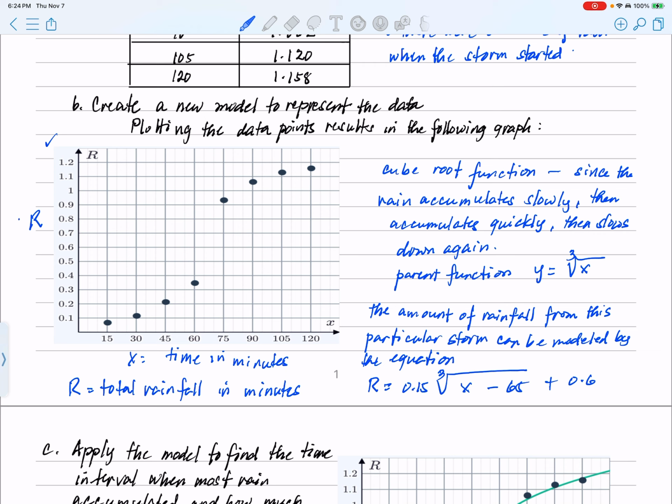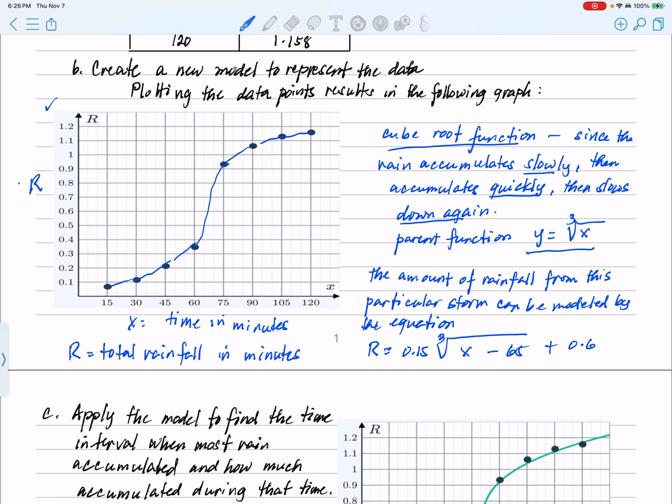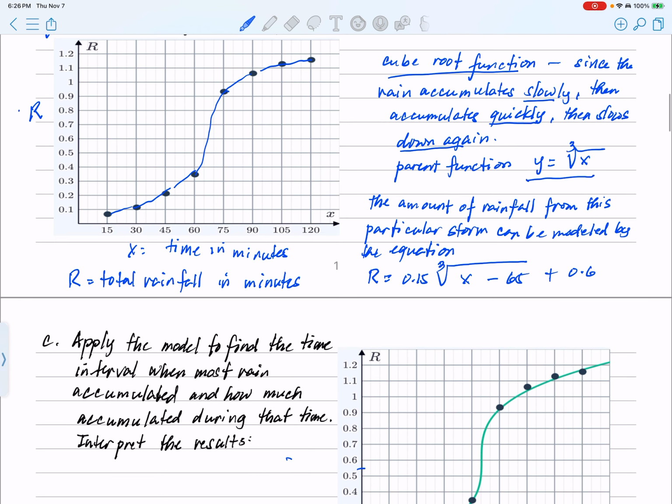So we can transform, since it's a cube root function, we can have the parent function as y equals the cube root of x until we find an equation that appears to fit the data well. So we can have this as the amount of rainfall from the particular storm. We can model the equation by